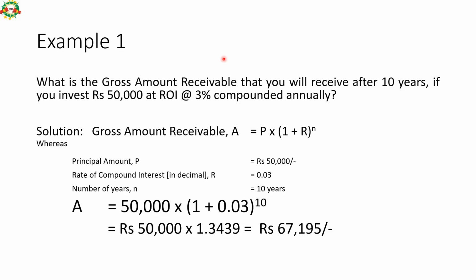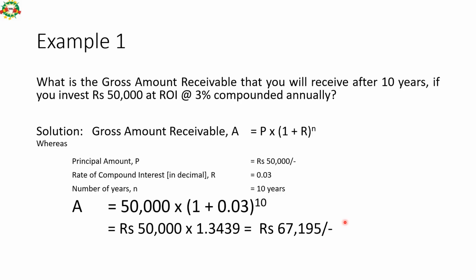What is the gross amount receivable that you will receive after 10 years if you invest 50,000 rupees at a rate of interest of 3% compounded annually? I always tell that first of all you should write whatever information is given in the question, data given. This is 50,000 principal amount, rate of interest is 3%, it's 0.03, and number of years 10. So if you enter all these values into this formula, you get the answer